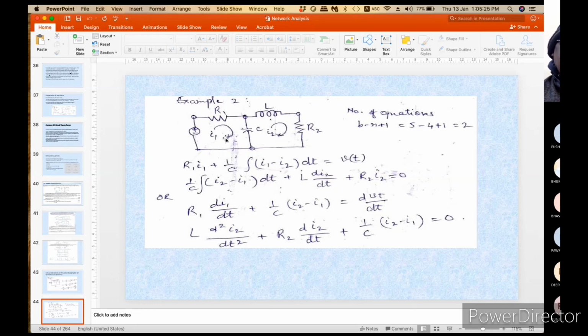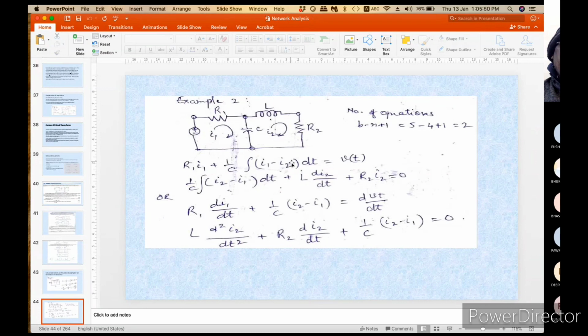लेकिन जब ये करंट और ये करंट अपोजिट डायरेक्शन में आए, you can see the direction, this is flowing in this direction, while when it comes over here, this will be flowing in this upward direction. So this is in downward direction, this is upward direction. And so therefore, if you are considering this as positive, then this will be negative. And therefore, this will be minus 1 by C